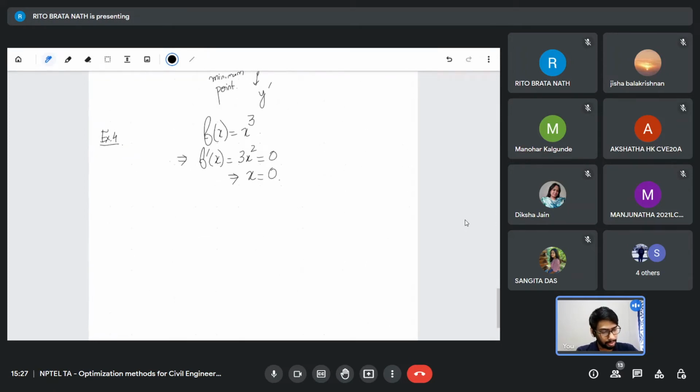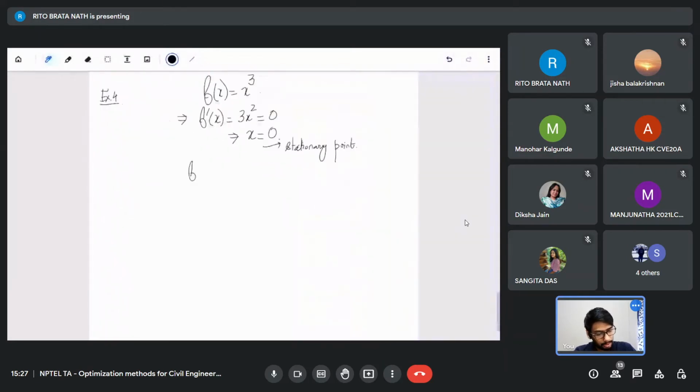So this is your stationary point, and your f double prime x is 6x, which is again 0 at x equals 0, and your f triple prime x is 6, which is greater than 0. So now is x equals 0